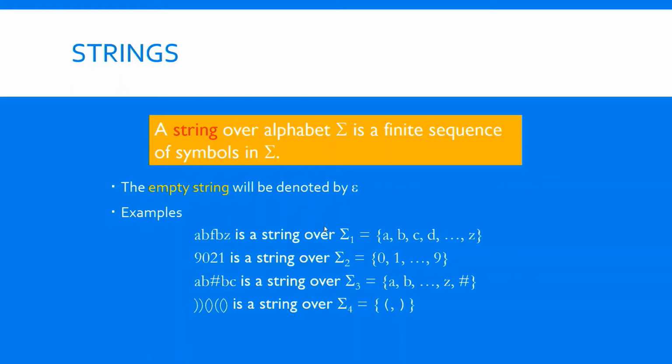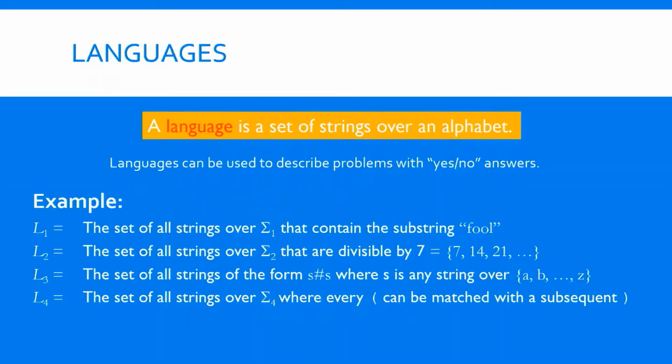So this is about strings. Some examples we have discussed. All the keyboard characters can be an alphabet. Whatever you are typing, the number of times you press a key gives you the length of that string. And if you concatenate those characters, that gives you a string. So many examples you can check for strings.